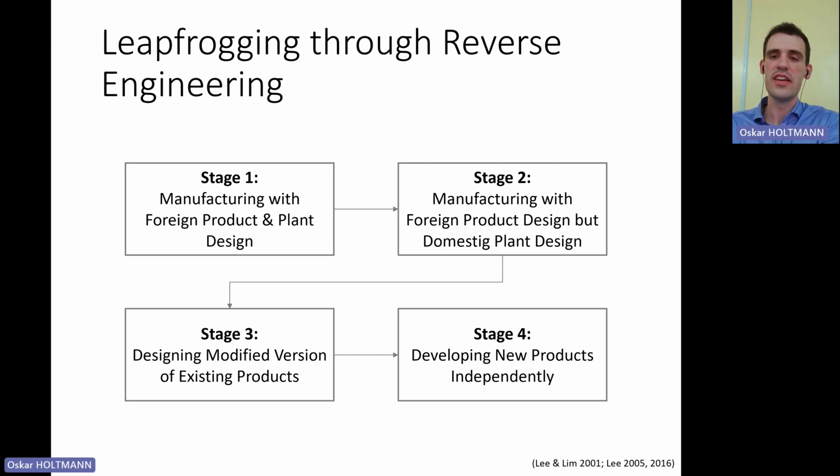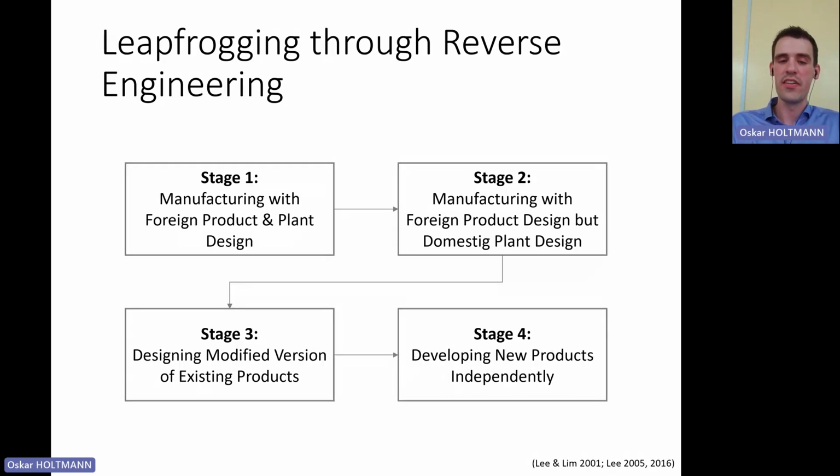And in all of those stages, different learning takes place. On the first stage, for instance, firms are able to gain operational skills. In the second stage, then learning about how to develop a process design, so how to establish a plant. In the third stage, designing a product without necessarily developing it, the whole concept of the product independently. And then in the last stage, of course, the product development is the learning goal. These stages or this process of reverse engineering for the authors is very important in order to secure a long-term